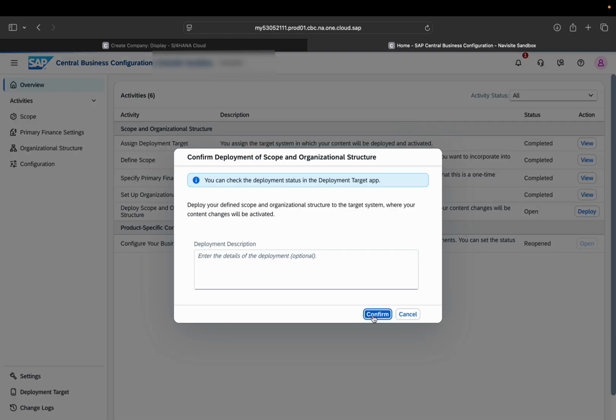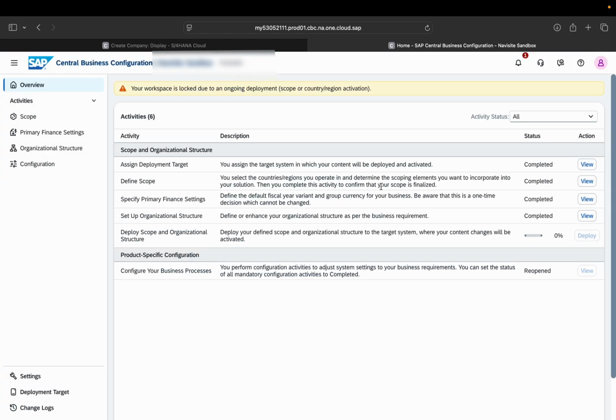Once we click on confirm, the system will take more time to complete the deployment. Again, you can see your workspace is locked due to an ongoing deployment, scope or country region activation. And we cannot perform any activity while in the process of deployment, confirmation, or completing activity in the CBC.